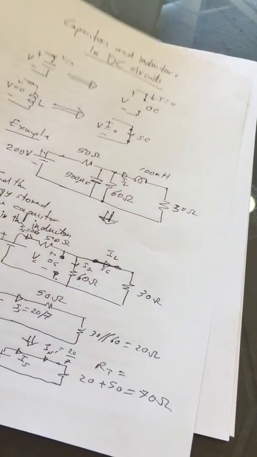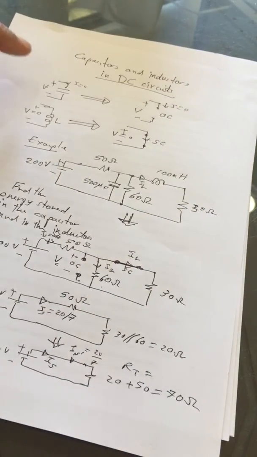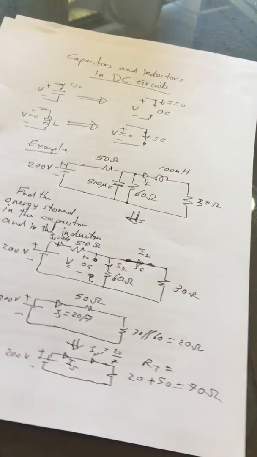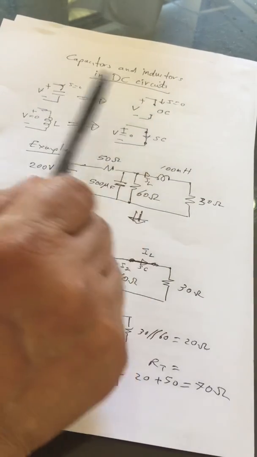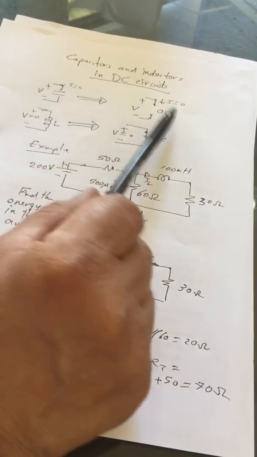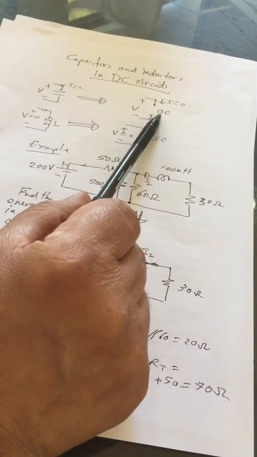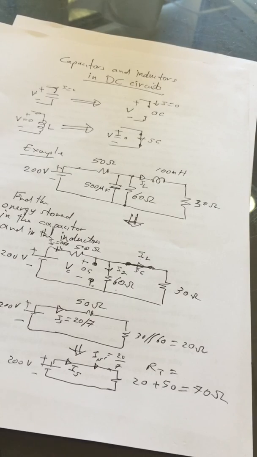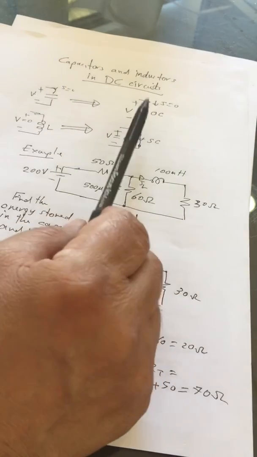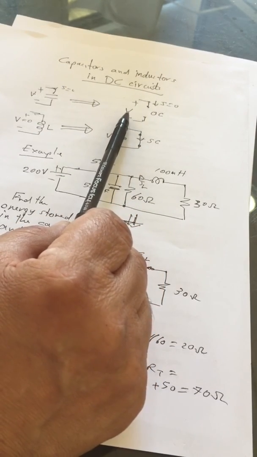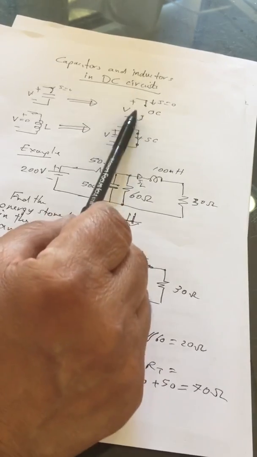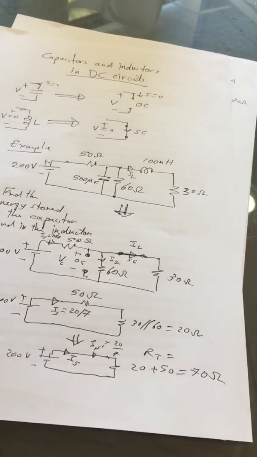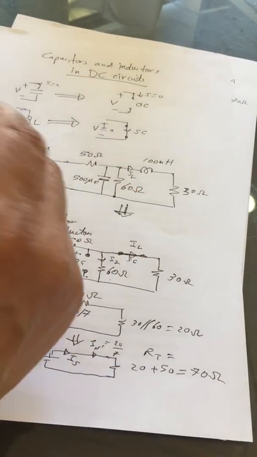Just to go back to it. When we have capacitors, we treat them as an open circuit. Capacitor is an open circuit. Remember, in an open circuit, we don't have a current. The current is zero, but we have a voltage. We have to calculate it. So in a capacitor, in a DC circuit, we need to determine the voltage across the two plates, across the capacitor. So if we know that voltage, we can calculate the charge, we can calculate the